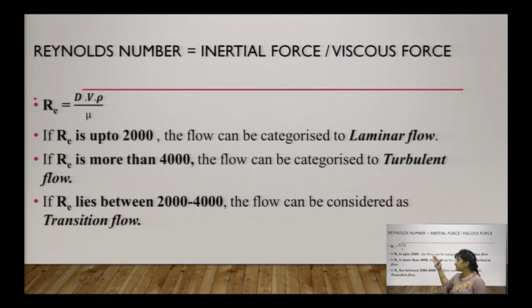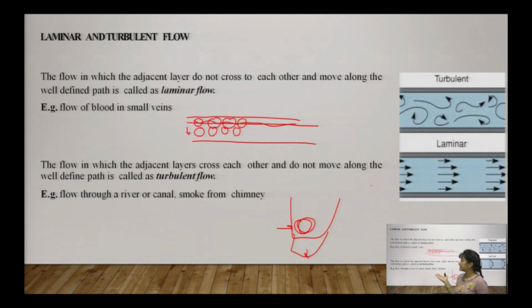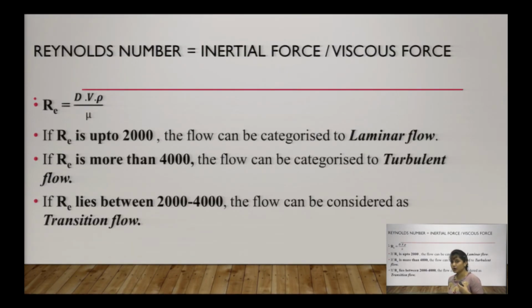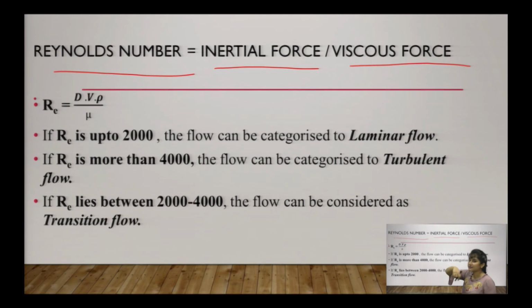So, as we have seen the categories, this laminar, turbulent is based on the dimensionless number. Let us talk about which dimensionless number is related to this particular type of flow. There is Reynolds number, which is nothing but the ratio of inertial force to viscous force involved in that particular type of flow. First of all, we have a very clear idea that the flow has inertial and viscous forces as the dominant forces involved in it, and their ratio is termed as Reynolds number.